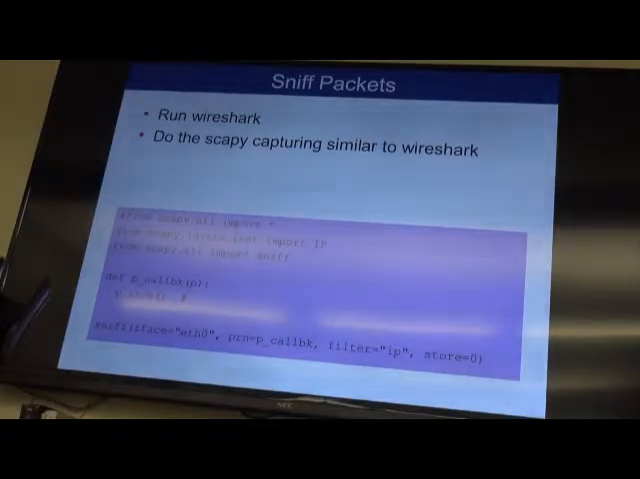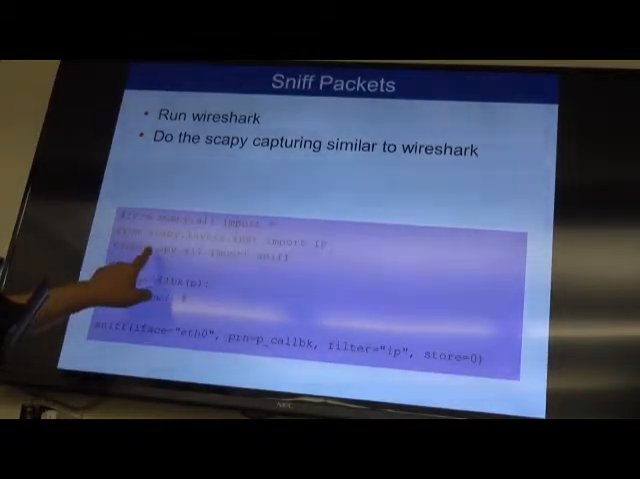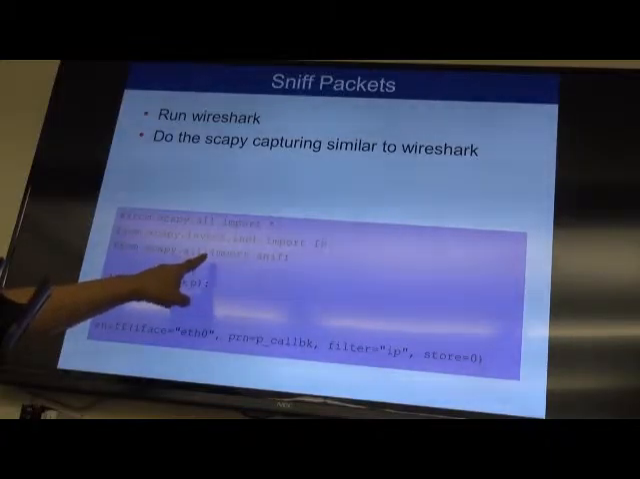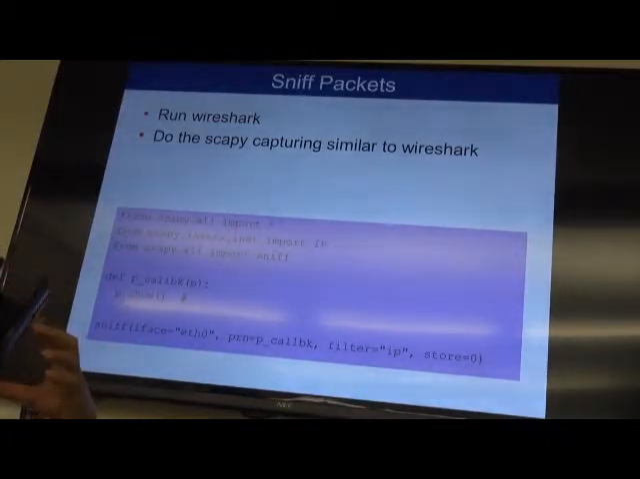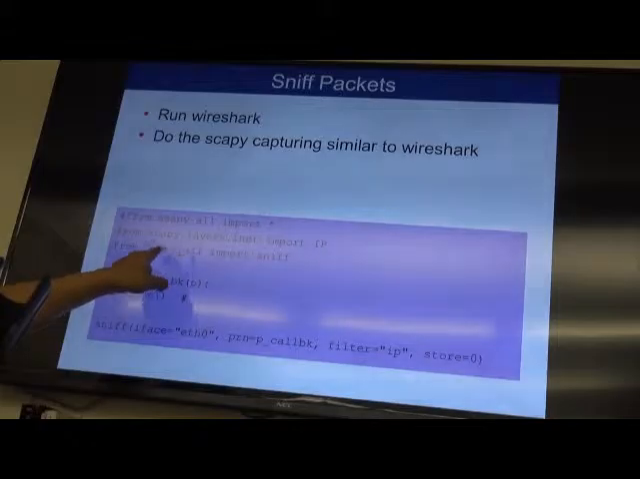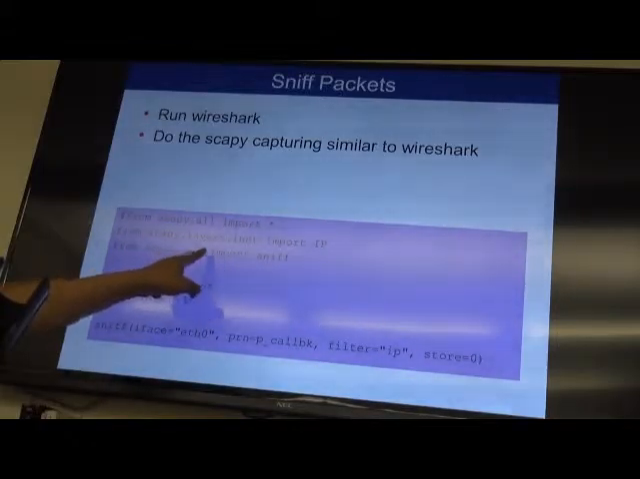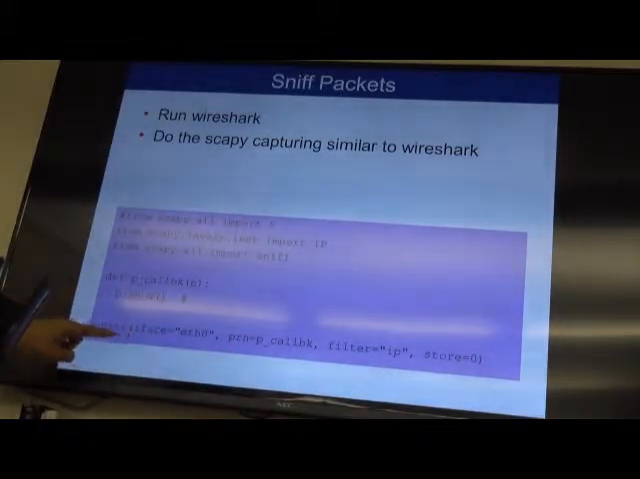If you see here the second line, from scapy.all. Scapy is a big volume of Python packages, so you can import sniff. So sniff is used here. So when you do sniff,